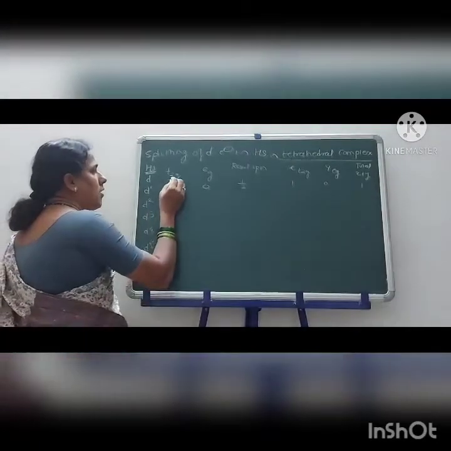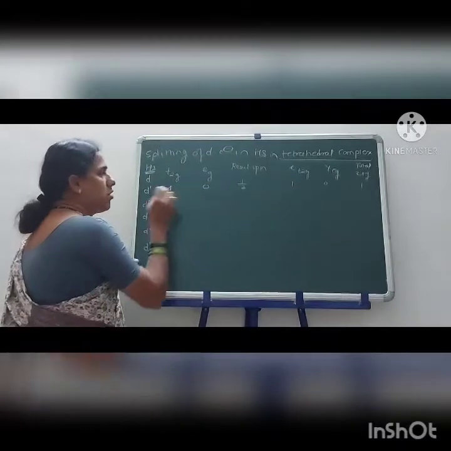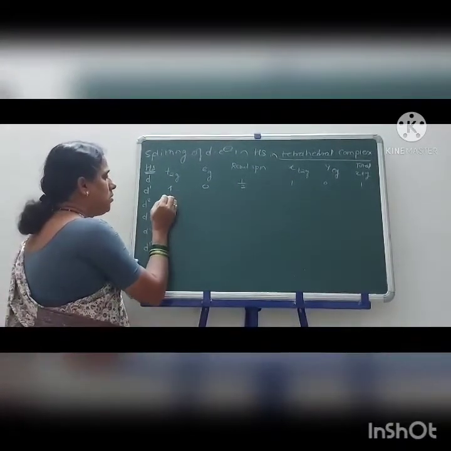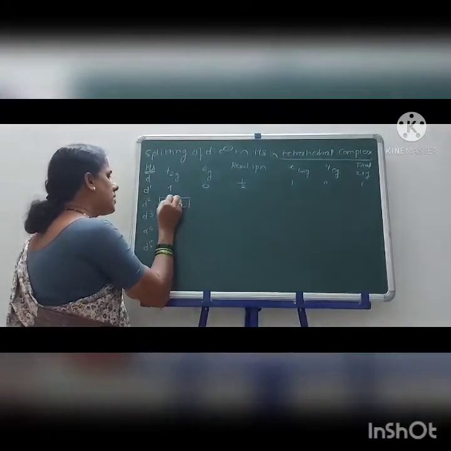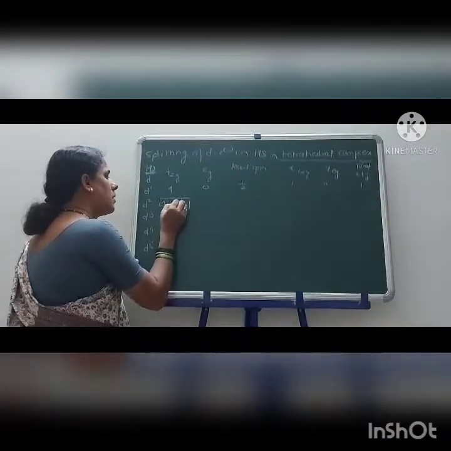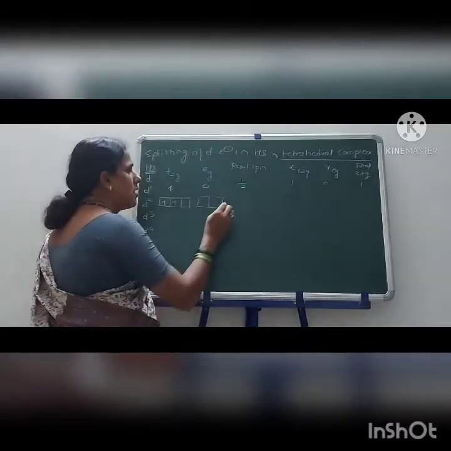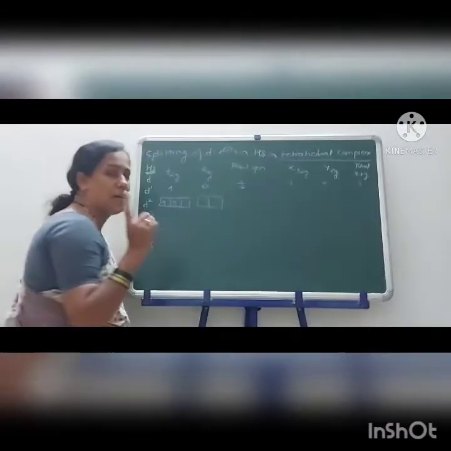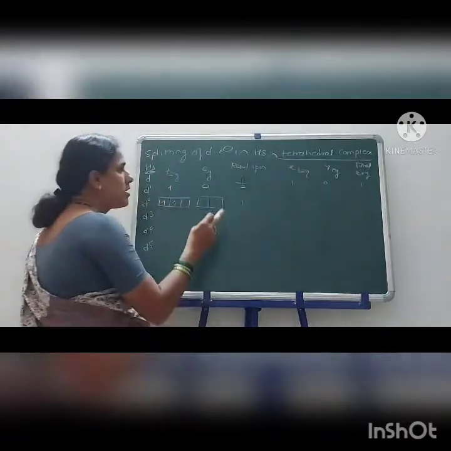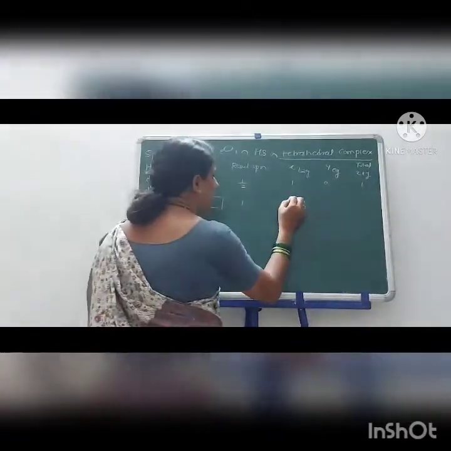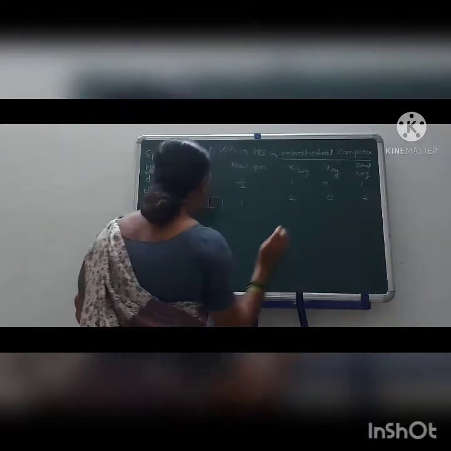For T2G, D2 is equal to what? T2G is equal to how many electrons? That is equal to 3 orbitals. We can draw here as 1, 2. EG is equal to what? That is equal to 0. Resultant spin is equal to 1. Each electron can carry half, therefore spin is equal to 1. X of T2G electrons, that is equal to how much? That is equal to 2 plus 0 is equal to 2.